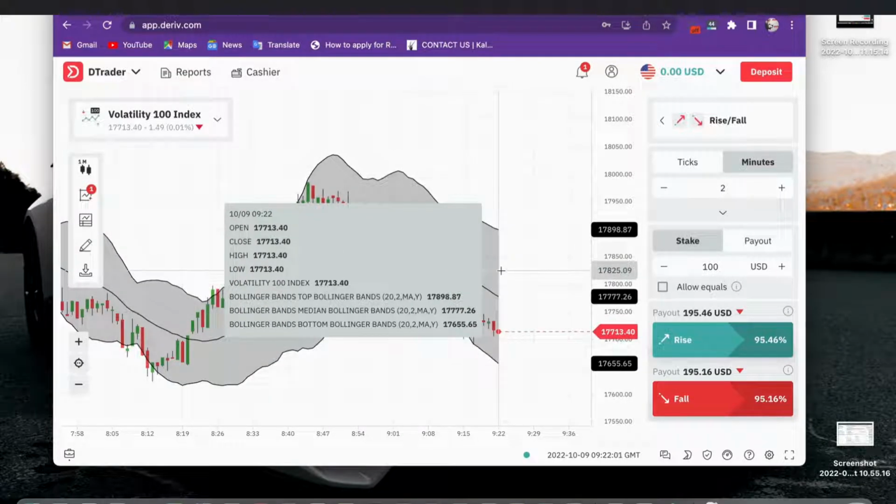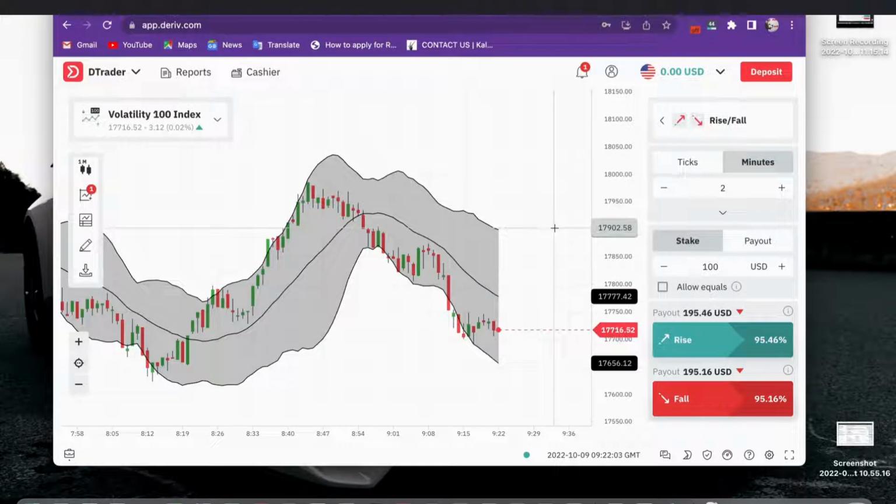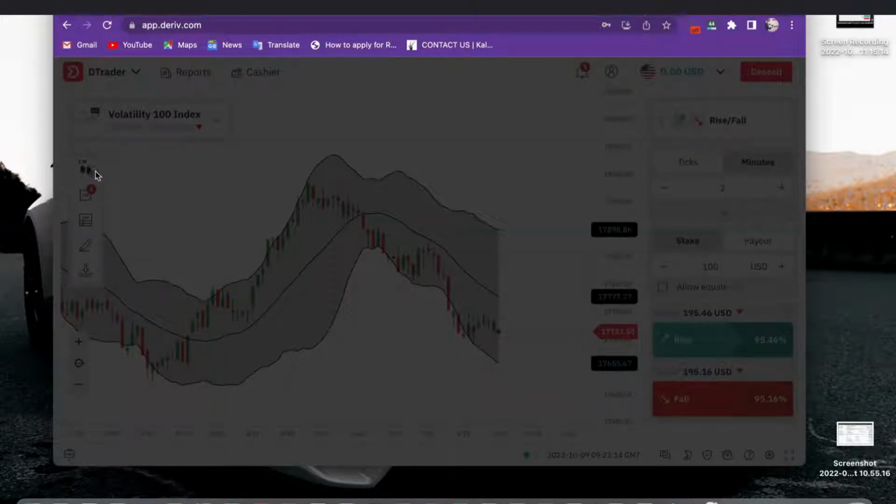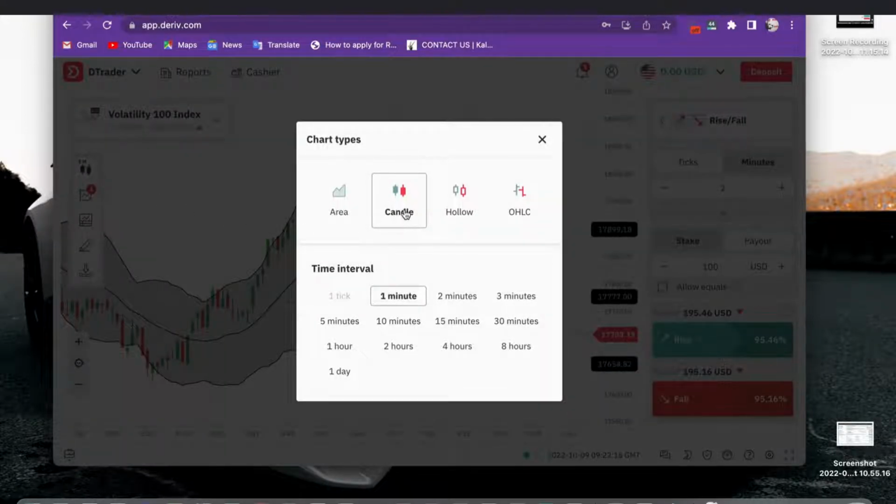It's Icon MT speaking. I think this is going to be the best way for you to start making money today. This doesn't require you to be busy understanding some very complex things. You just come here, you change this to candle pattern, and then you change here to 1 minute. If it's still on tick, it won't allow you to change to candles, so you change to 1 minute here,